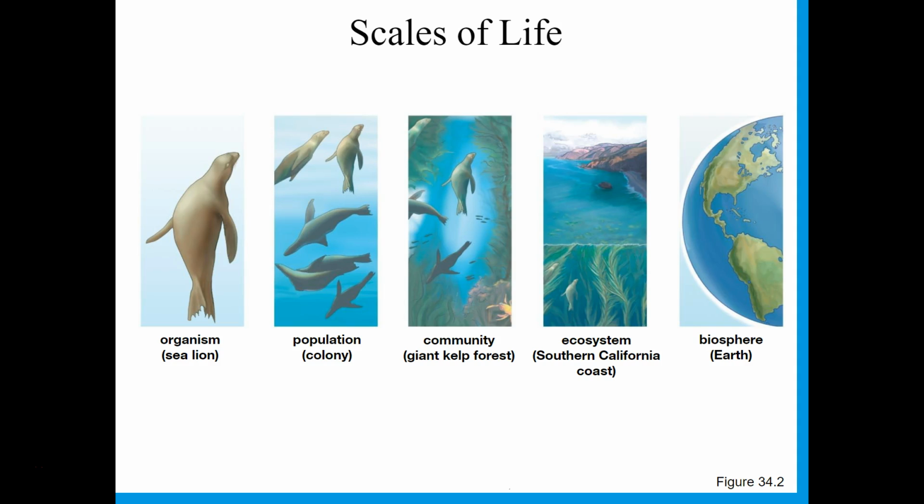So here are some examples, just using kind of sea lions as a starting point. So you have this individual organism, and then you are going to group them together into a colony of these sea lions, and that's going to be a population. So then you have the community, which would be like the kelp forest. So that's all the species that live there within this community. And then the ecosystem, the Southern California coast, includes the non-living members of that community. So you've got these rocks here, you've got some shoreline, and then going out a level, you have the biosphere, which is all of the ecosystems on the Earth.